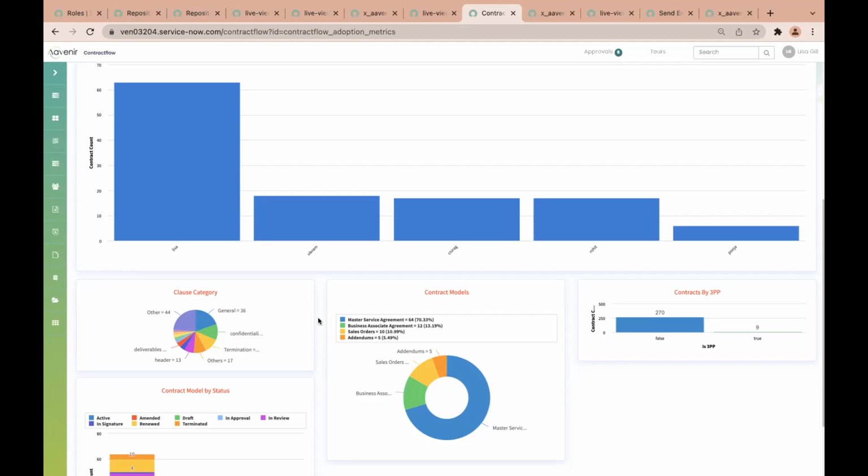If your contracts have 100 clauses in them, you don't want to invest time and effort in building alternate clause languages for all those 100 clauses, right? You want to make sure that you're putting that effort in the right place, because building an alternate clause library is not something that's easy. It's actually a lot of intellectual work. So now you know that these are the most frequently negotiated clauses, so let's go ahead and build an alternate language library for these clauses, which will ultimately help you make